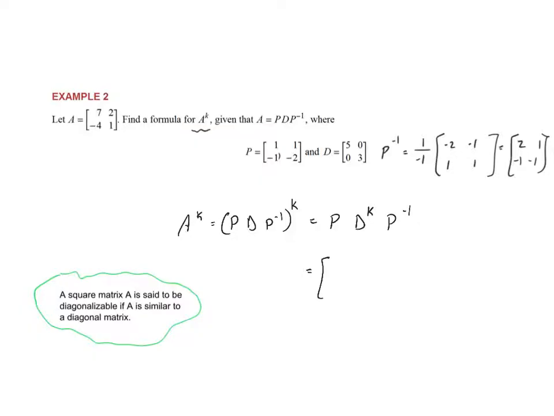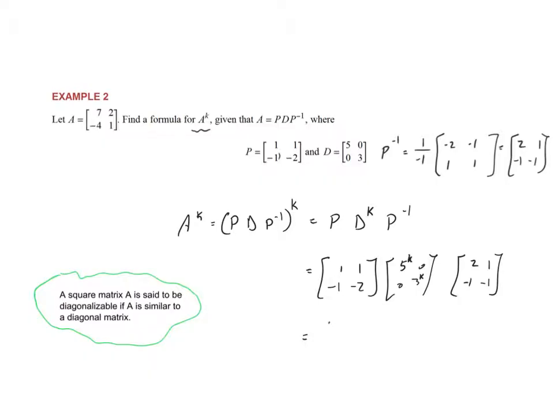P is 1, 1, -1, -2. D is 5, 0, 0, 3. That times D to the kth power, times 2, 1, -1, -1. And then that diagonal matrix to the kth power is 5 to the k, 3 to the k. So I'm just going to erase my little k there. There we go. And now when you simplify that, you multiply the first two matrices,